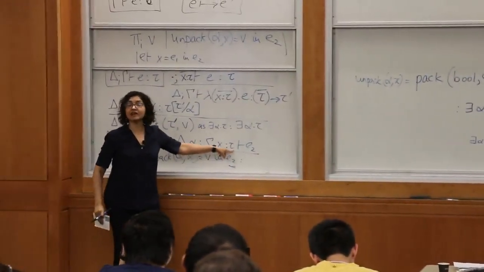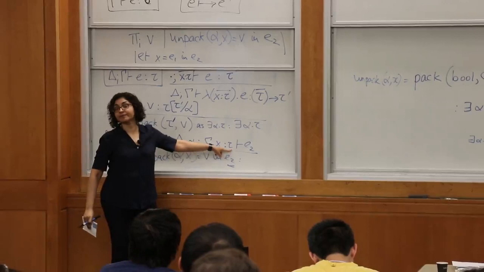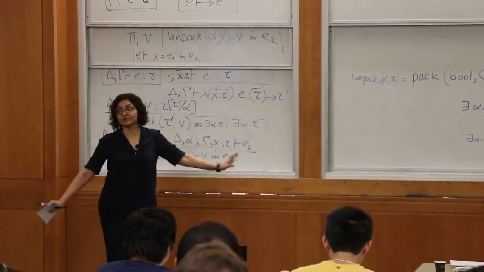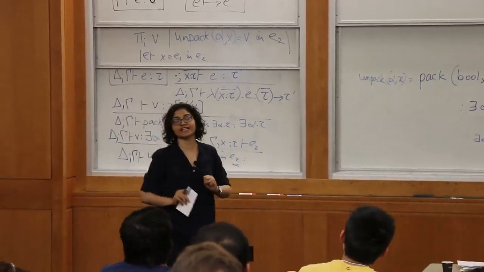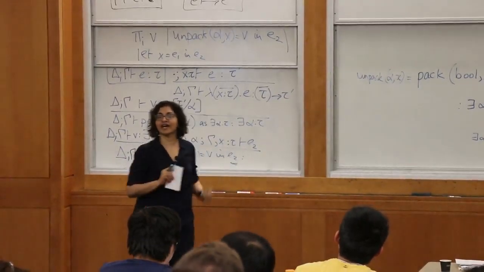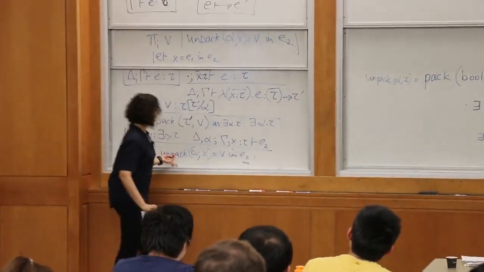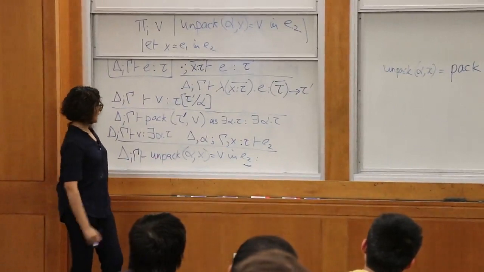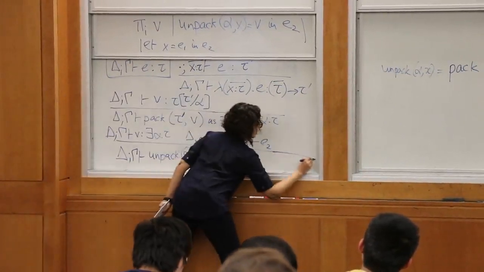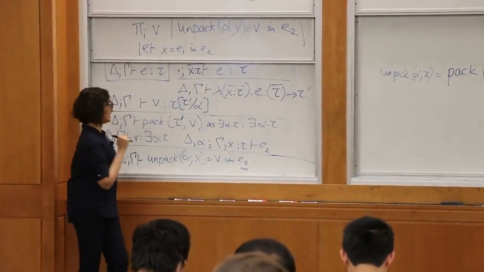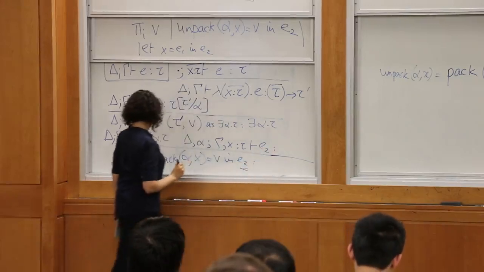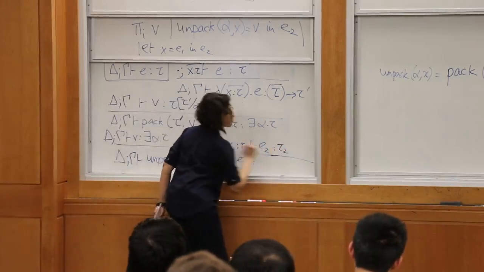Okay? All right. So in other words, this is our interface. This tau is giving the client an interface to abide by. They can do anything that the tau allows, but they can't go into whatever the alpha is and take it apart and start to ask, what is this equal to? Okay, so that's unpack. Let's finish this off. We need a result type here, right? So this E2, if it happens to have some type, let's say tau2,